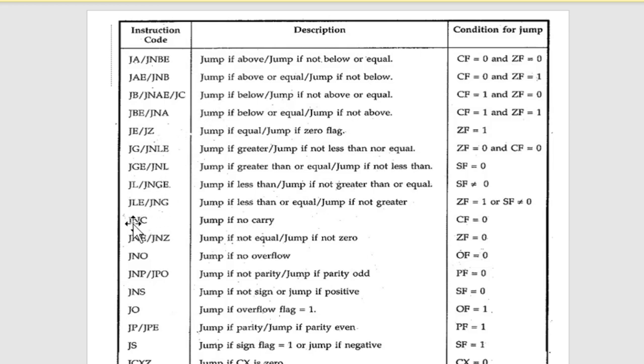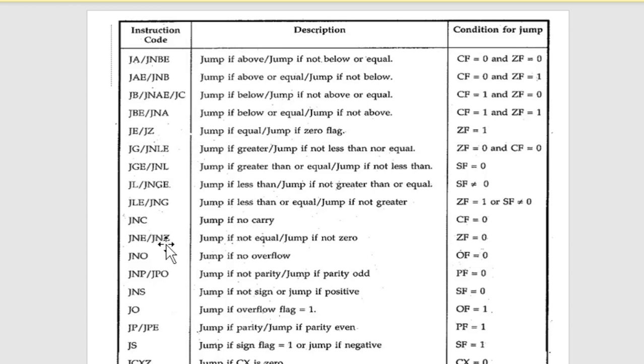Similarly, you can have jump if no carry, and there is an instruction called jump if carry. Jump if carry instruction seems to be missing probably. I think jump if carry is here. Yeah, here it is: jump if below, not above or equal. See, this is the jump if carry condition. So these are the possible mnemonics for this. I can use it this way: jump if carry, jump if no carry. They are the two instructions that you can use.